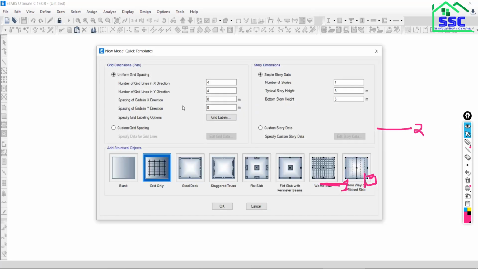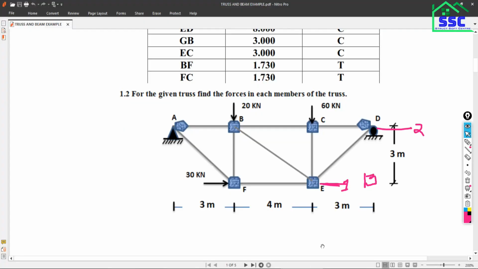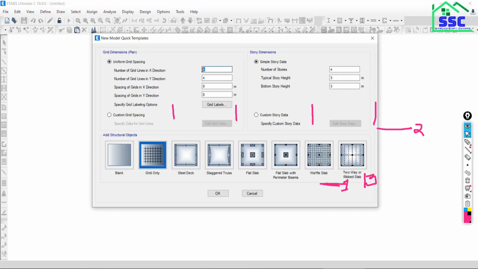Once you click OK, it will ask you about the grid definition. In plan, this is the first grid, the second grid, the third grid, and the fourth grid. So there will be 4 grids in the x direction. Put 4; by default 4 is there, let it be.